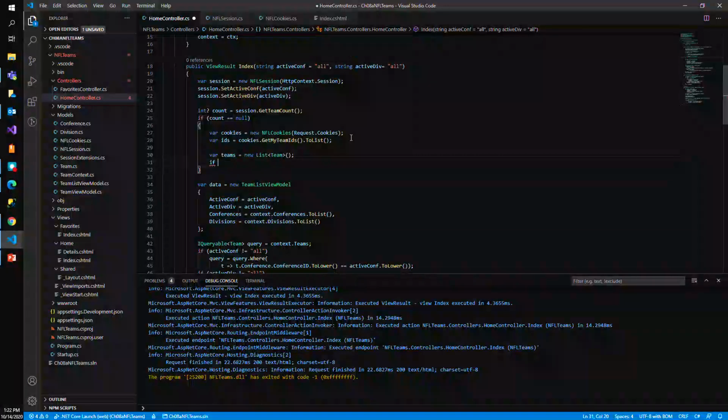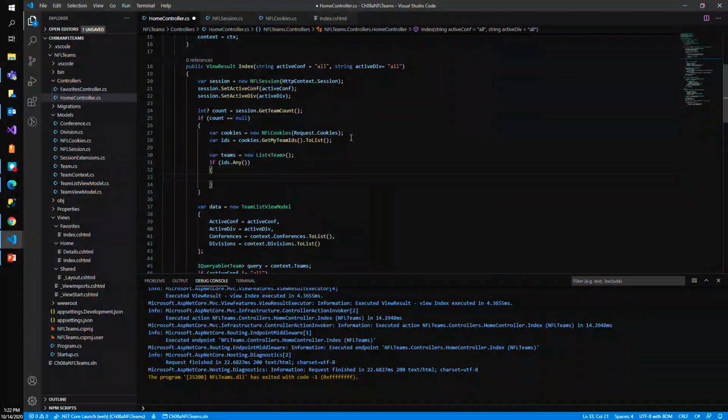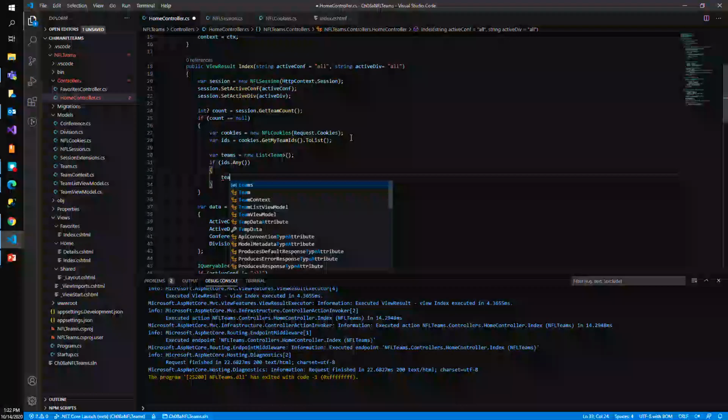So if there are any teams in that cookie, so if there are any IDs, so if IDs.Any, so now I can say my teams, I guess just teams,